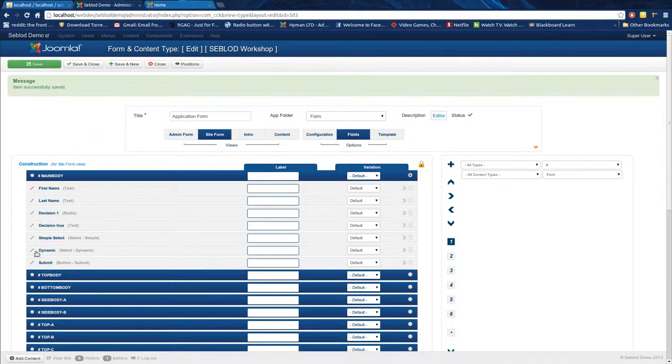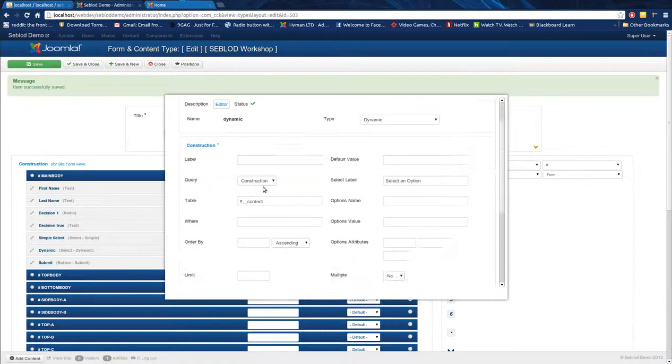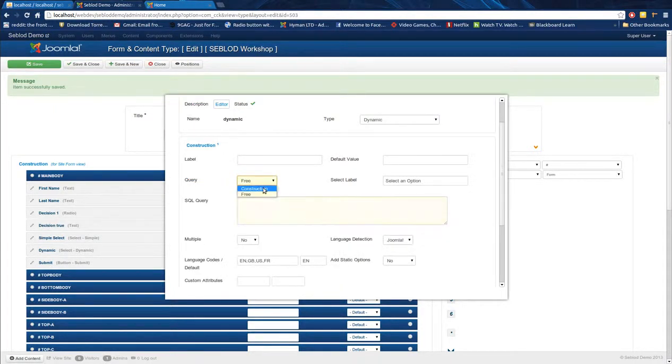Okay, so now we want to be able to retrieve that data. So we're going to come over here. I prefer free over construction, just a little more versatility. So let's go ahead and retrieve that. So we just select a little simple query here. Select states, which is the field name, as text, and states as value. It's going to actually be responsible for storing it. We're going to retrieve that from states table, which is our table name,